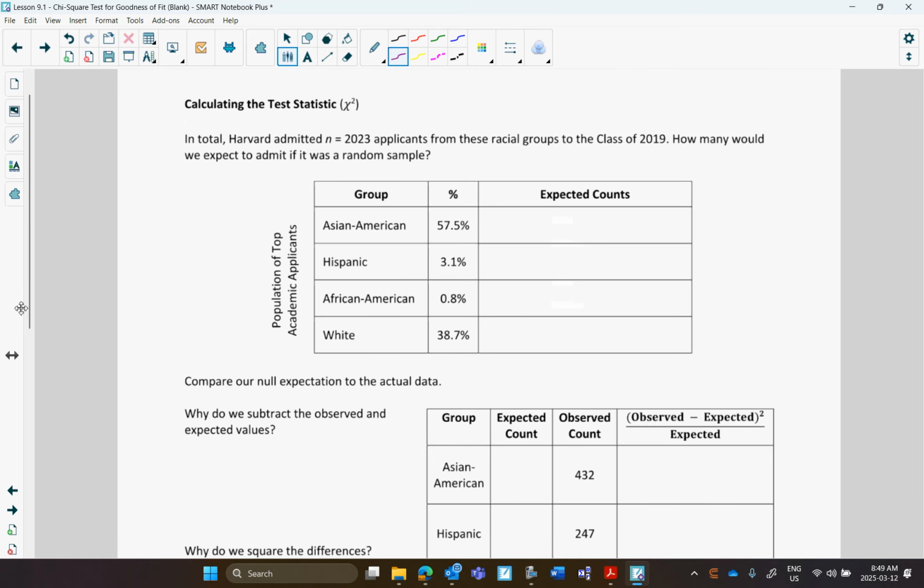The sample size we have is the number of admitted students, which was 2023 for the class of 2019. How many would we expect to admit if it's a random sample? Remember, this is the population distribution of top applicants. So to find each one, we would have to find 57.5% of 2023,